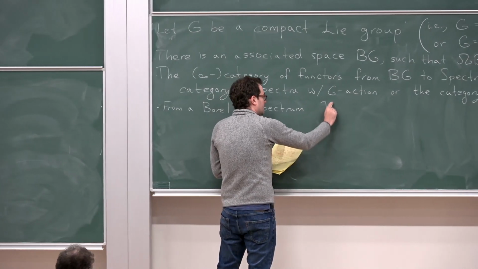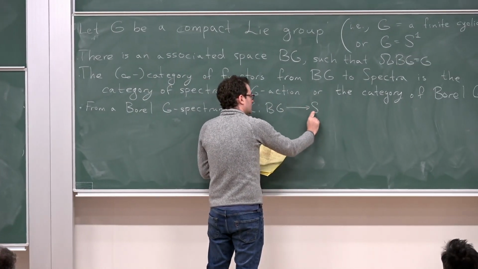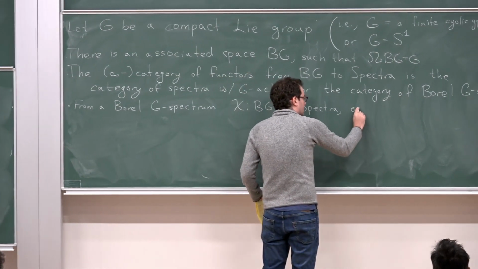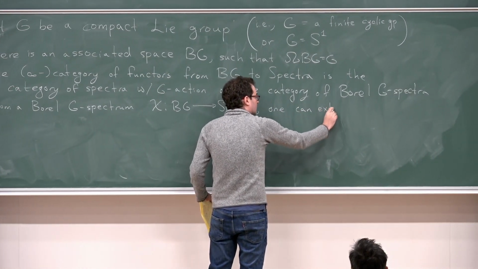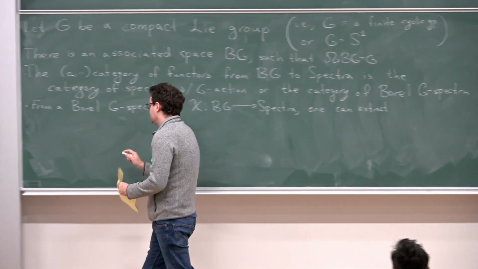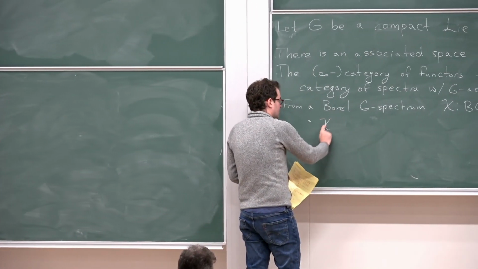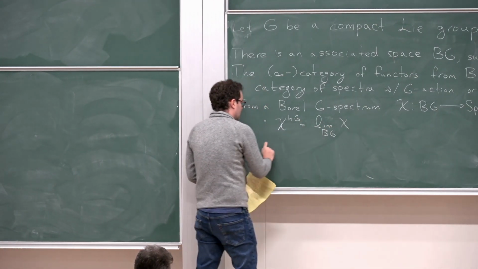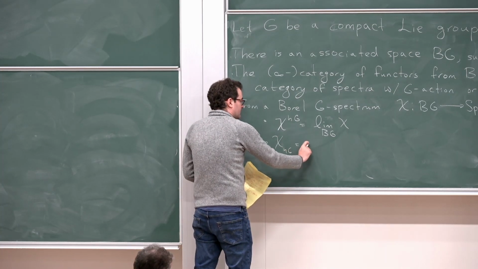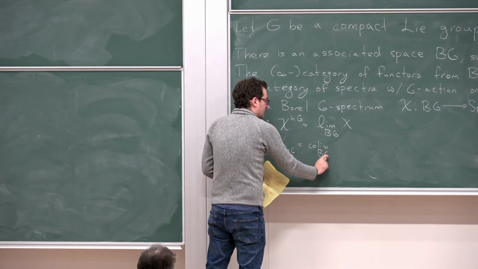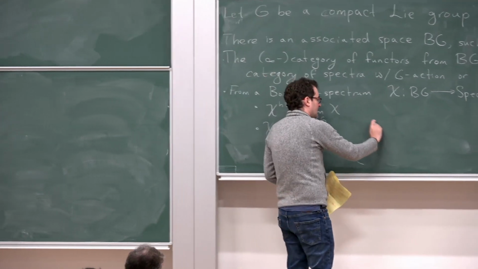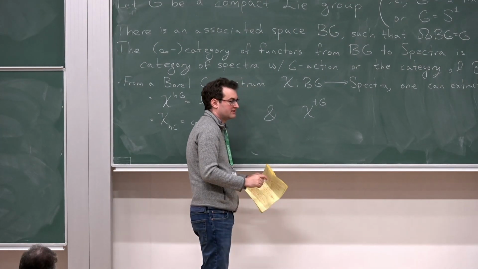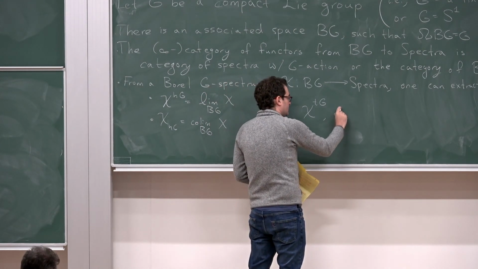So given some functor X from BG to spectra, one can extract certain invariants, and the most important are the fixed points, which are the limit over BG of the functor, the orbits, which are the colimit over BG of the functor, and then a last and somewhat more obscure one is the Tate construction, which, at least for G finite,